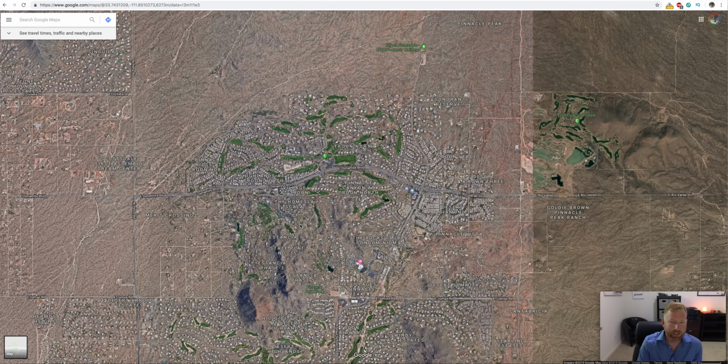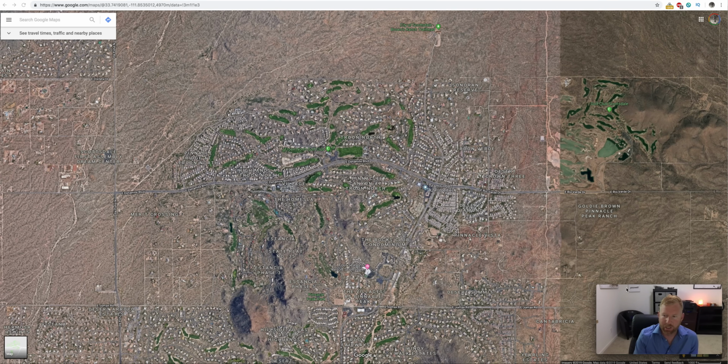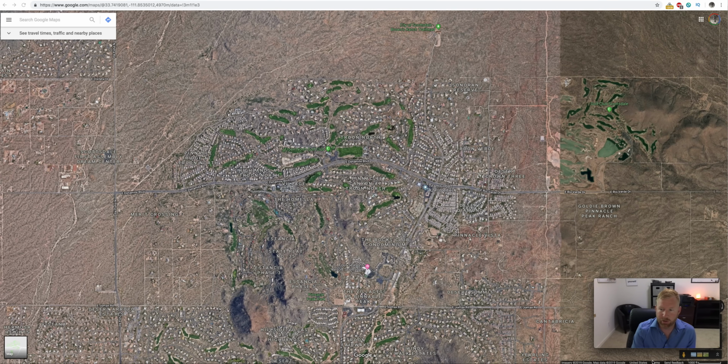You can see in this area of Troon, you have beautiful homes. I've gone here before. I used to actually live over in North Scottsdale where I grew up, so I had friends that lived in Troon. I used to play Troon's golf course. There's the Four Seasons Resort out there, so anytime there's a Four Seasons, you know what's going on, right? And so if we just take this little man right here and we put it right there on the street